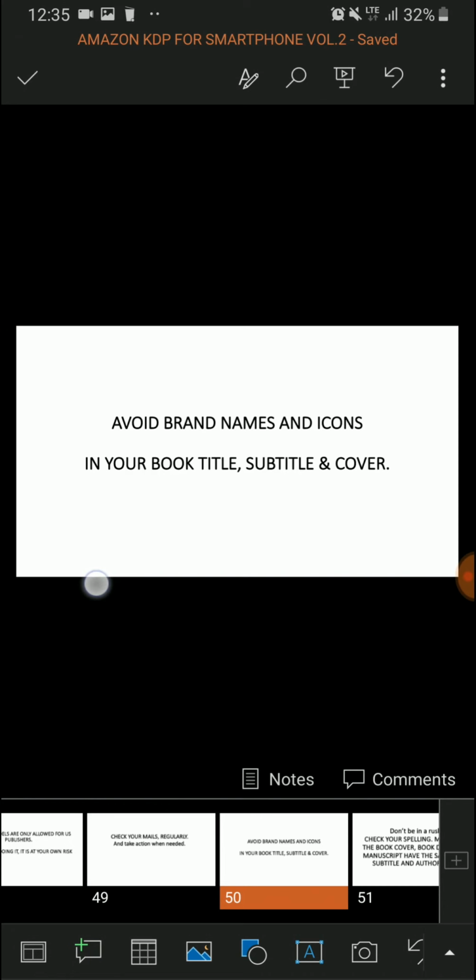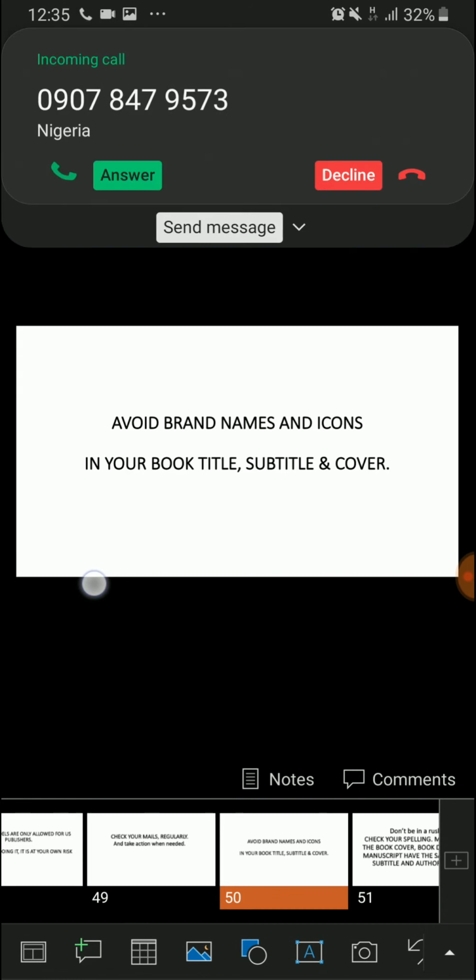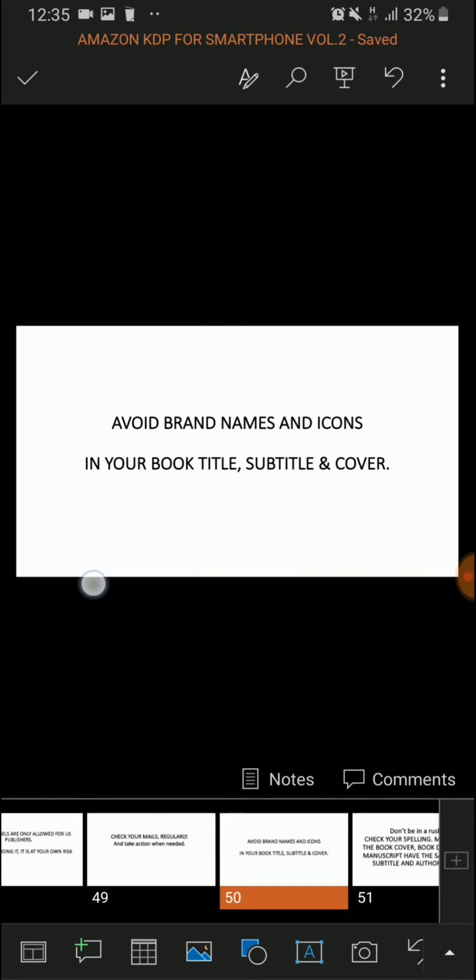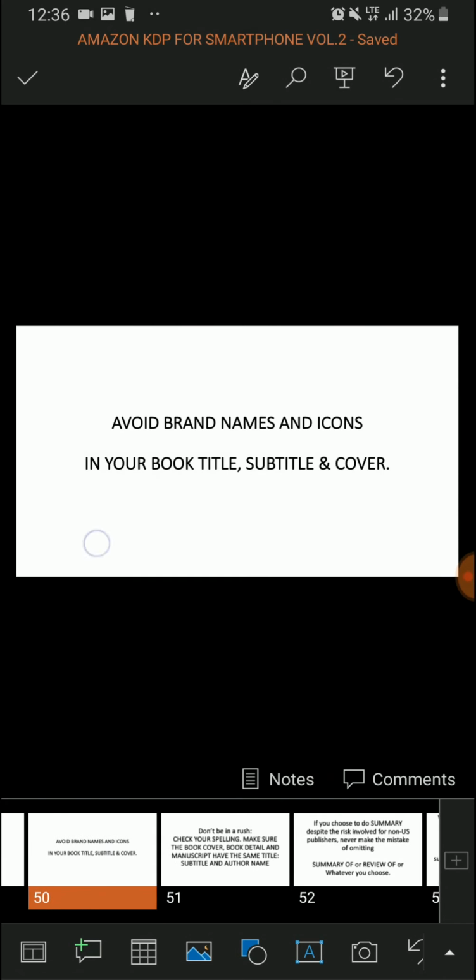Just look for names that avoid brand names in your title, subtitle, and book cover. There's a way you can make people know that this is about Marvel characters or Disney princesses. You don't have to say Disney princesses. And don't try to be fast by adding logos of all those things. You are not looking for trouble. You are looking for big trouble. So avoid brand names. Brand names, you know them: Apple, Samsung, Amazon, Disney. Think of as many big companies as you know. Just be careful with their brand names for your book.